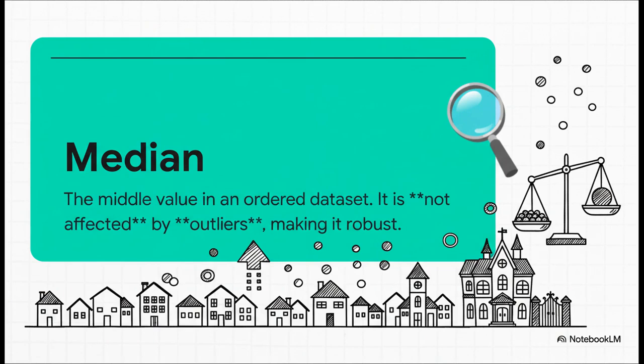And that's exactly why we have the median. To find it, you just line up all your numbers from smallest to largest, and you pick the one that's smack dab in the middle. That billionaire's mansion doesn't really affect the median, because it's just one house at the very end of the line. This makes the median way more reliable, or what we call robust, when you've got those crazy extreme values.